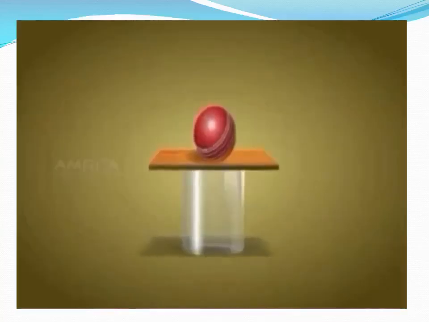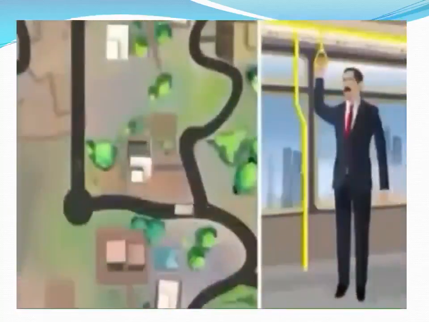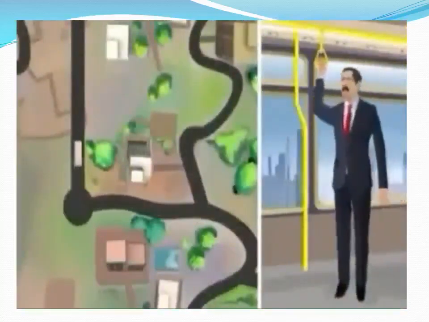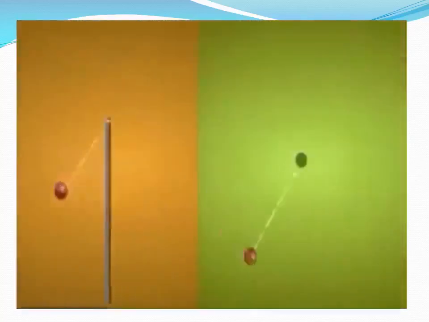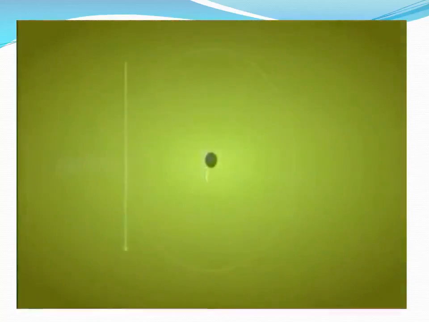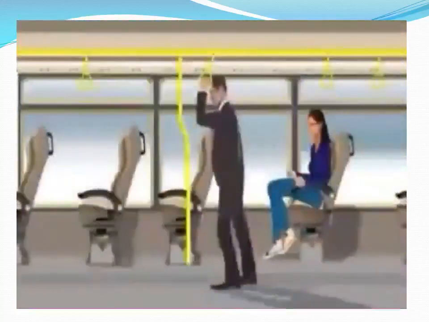What will happen when a fast moving bus is negotiating a right curved road? The passenger will tilt to the left side. This is due to inertia of direction of his body. The passenger tends to continue in straight line motion due to this inertia when the engine of the bus changes its direction. What will happen to the standing passenger when a sudden brake is applied by the bus driver?